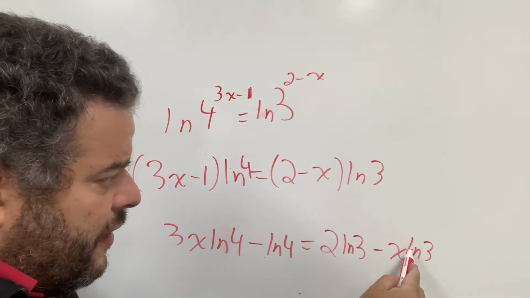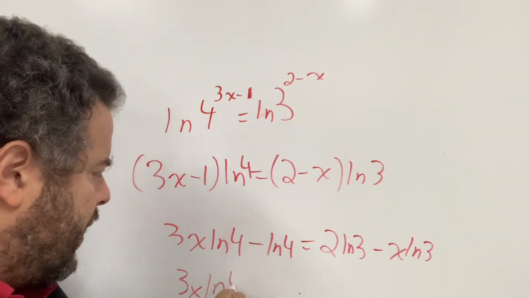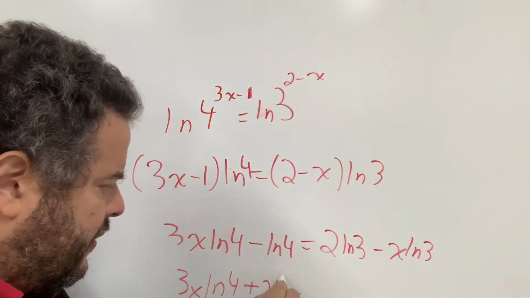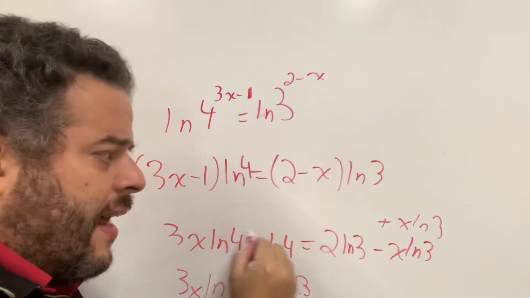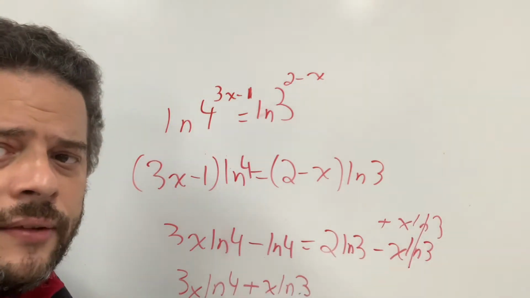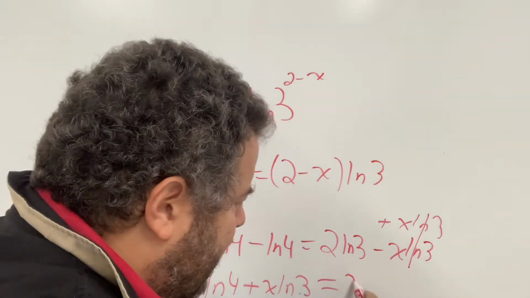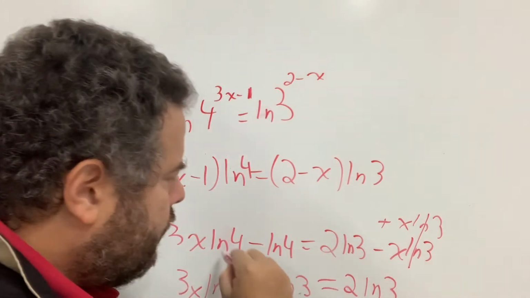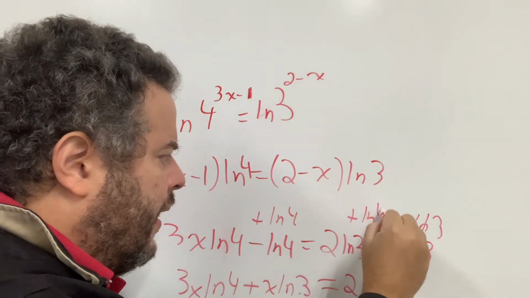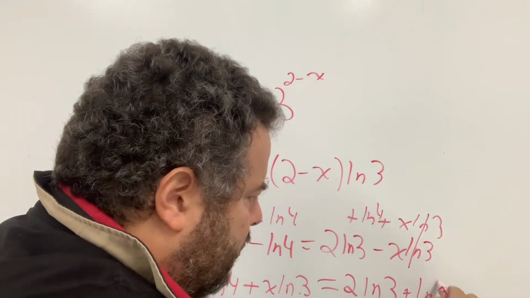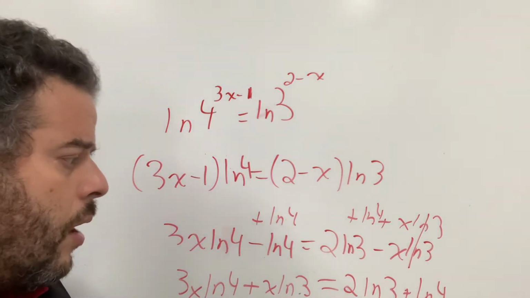So I'm going to send this natural log 3 over here on this side by addition. So I'm going to have plus x natural log 3. Again, remember, I add this on this side, I add it on this side. This side cancels out. That's how I got it on the other side. Equals, and this number that does not have a natural log, I'm going to send it to the right, also by addition. Remember, what I add or subtract or multiply or divide or exponentiate on one side, I have to do on the other side to maintain the equality. Okay,